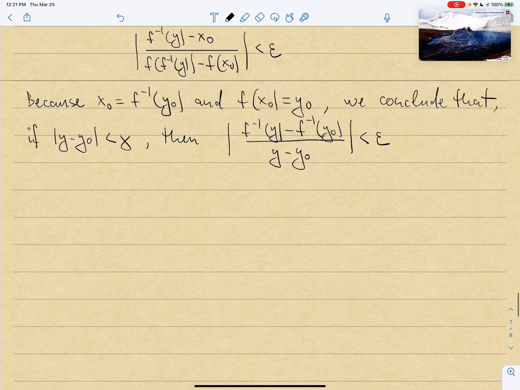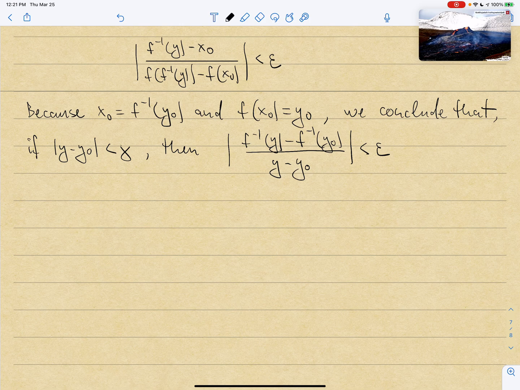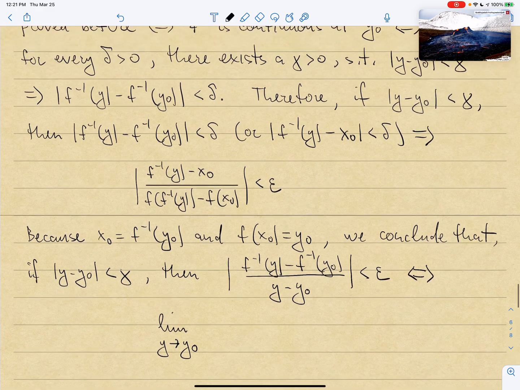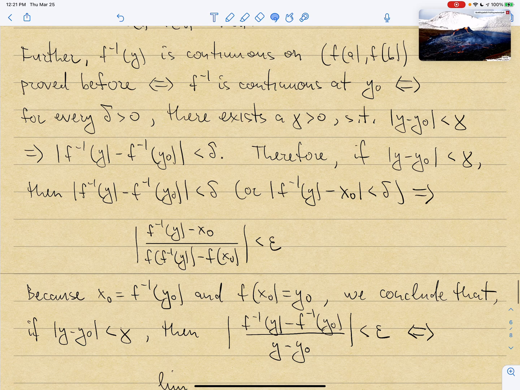And this actually is now fitting the definition of a limit of f inverse at y0, right? No, not of f inverse, but a limit of some function at y0. As long as |y − y0| is less than gamma, this is less than epsilon, right? For any epsilon. And so therefore this is equivalent to saying that the limit as y goes to y0, and I'm actually missing here in all of these expressions an important component,